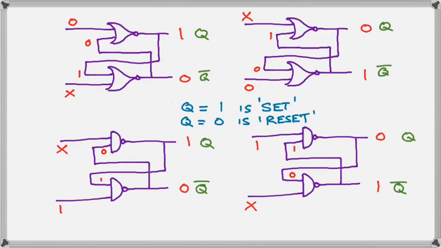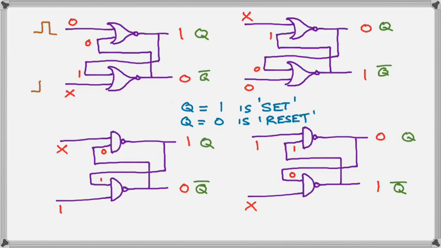Just like your rat trap, you can set it and you can reset it. Now, having labeled the output so that we have a specific output which we can designate as Q, and obviously the other one will be Q bar,